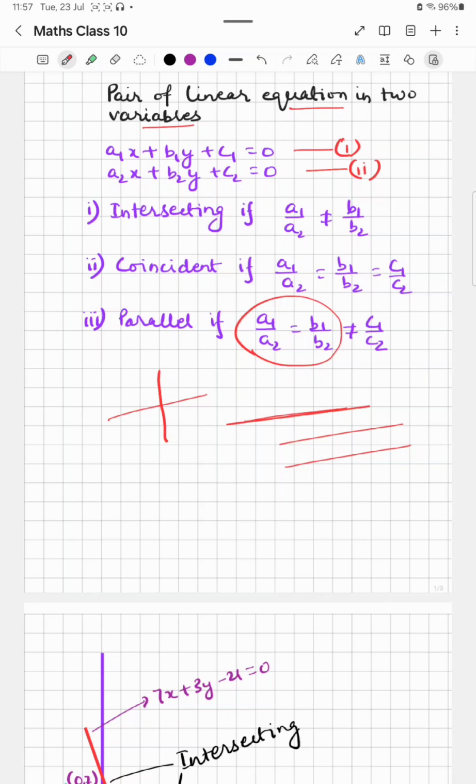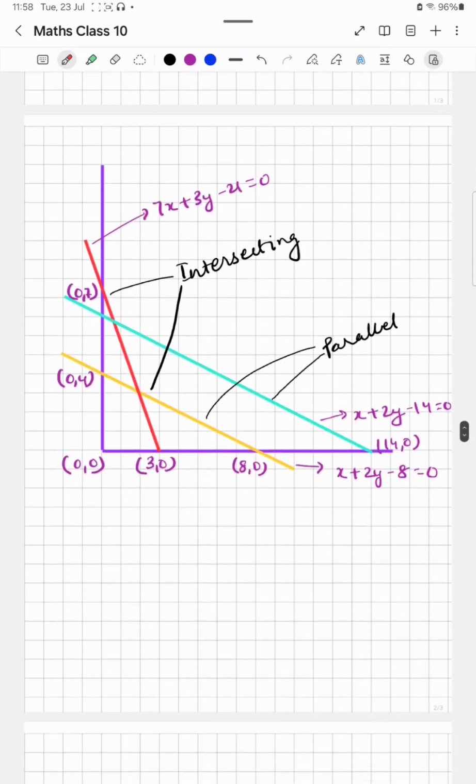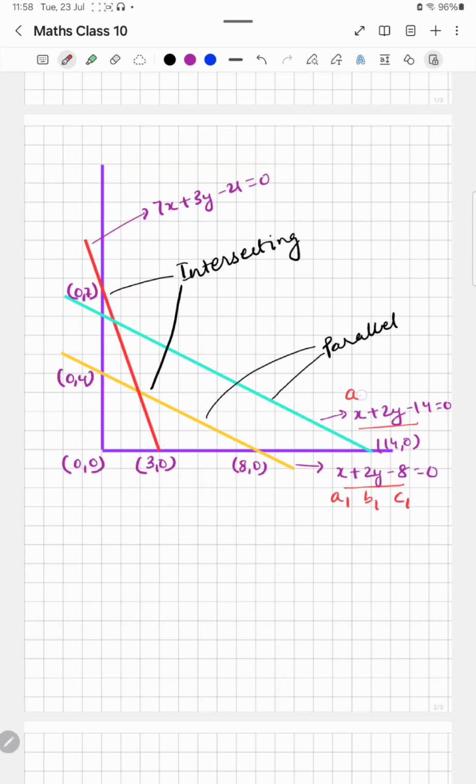It's the same line. So let's see how these look. Here, if you see in this image, these two lines, the yellow one and the green one, they are parallel. And if you look at the equations here, if this is say a1, this is b1 and this is c1, here it is a2, b2 and c2. So a1 by a2 is equal to 1 by 1, b1 by b2 is equal to 2 by 2, which is again 1 by 1, and c1 by c2